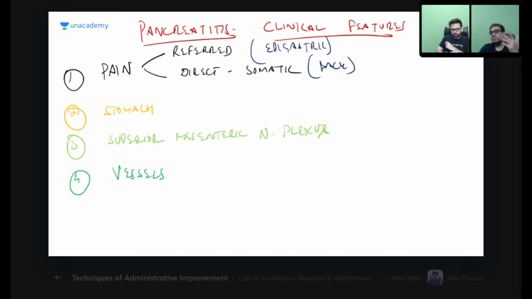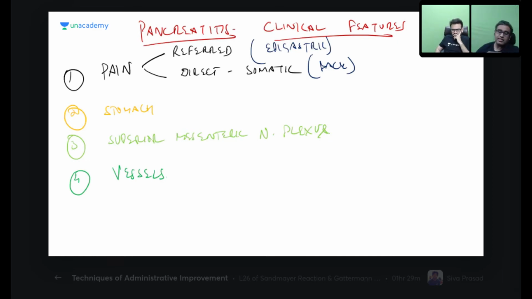Now, who will tell me, referred pain is carried by which nerves? Which is that nerve? There has to be something, no? Which nerve is carrying the referred pain from the pancreas? Somatic, not somatic. What is that afferent nerve from the pancreas? Somatic would be localized. I hope you understand me. Somatic would be localized. So that won't be over here in the epigastric region. Mainly in the gut, please note it down, sympathetic. Mainly in the gut, sympathetic. This dermatome over here is T7, T8. Okay, so therefore referred pain over here is going to the epigastric region.